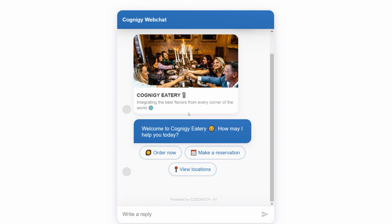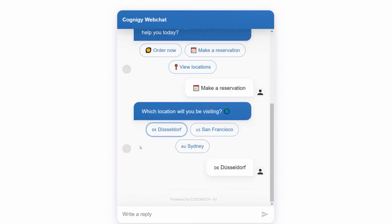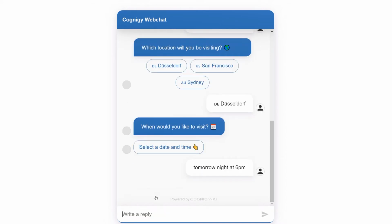Welcome to Cognigy Eatery. How may I help you? Okay, make a reservation, and then it's asking us where, etc., etc. Right? So I can even write something like tomorrow night at 6 p.m., for example, and that is still going